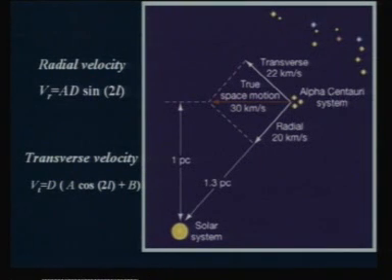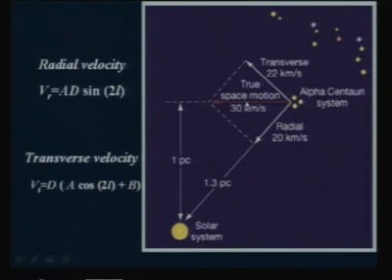As I explained earlier, different components of the galaxy are rotating at different speeds. You see, if you assume that the whole mass of the galaxy is concentrated at the center, then different components will be undergoing the Kepler orbits. Here we have shown you the solar system. From this we see the star Alpha Centauri, which is at a distance of about 1.3 parsec, and each